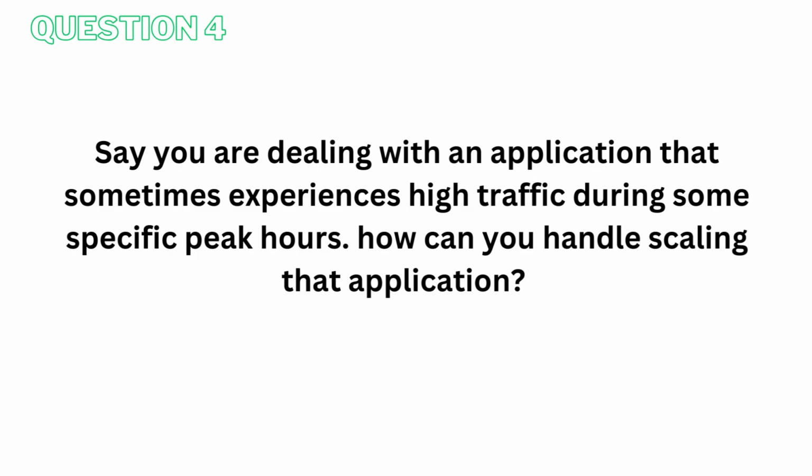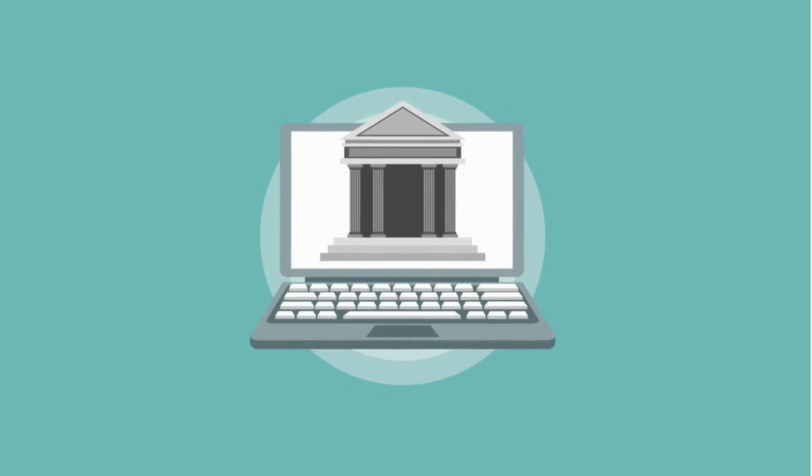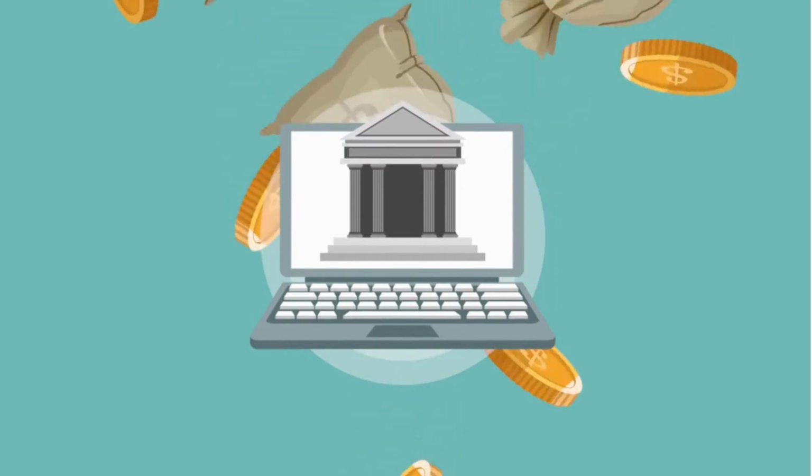How can you handle scaling it? Oh, that's a nice one. I would love to use this opportunity to share how we handled scaling for a critical banking application of one